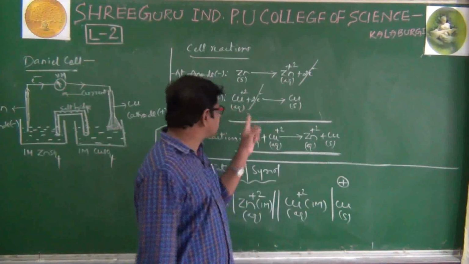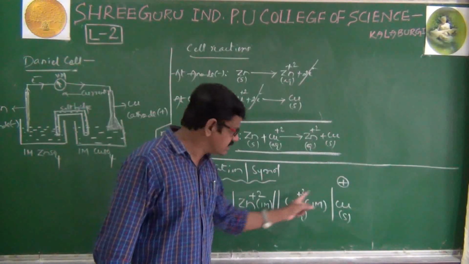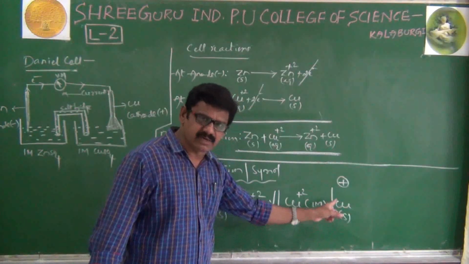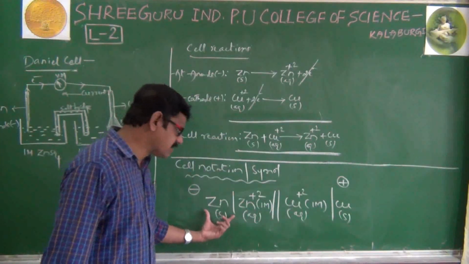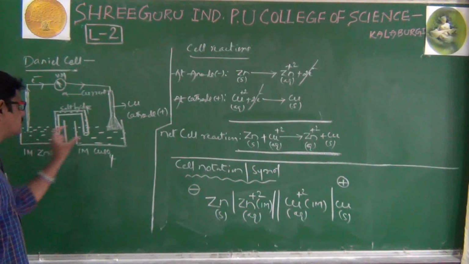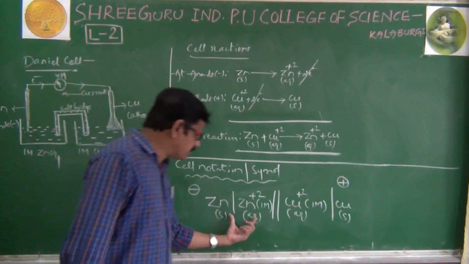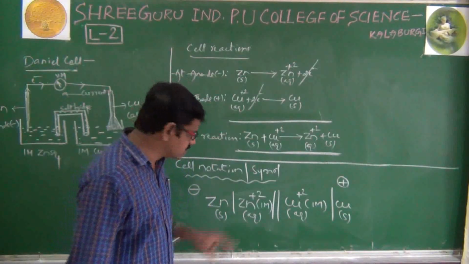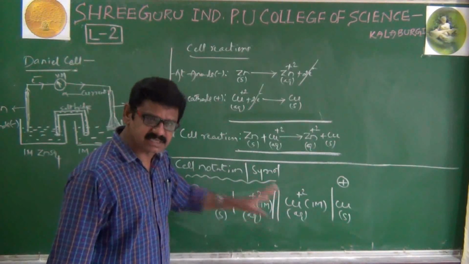Come here, the cathode. At the cathode what happens? Cu+2 converts to Cu. That's why first we write Cu+2, then we write Cu. Both Cu+2 and Cu should be separated by one single vertical line, and this is the representation of the cathode. And this is the representation of the anode, and this is the representation of the cathode. And you know that already in the Daniell cell, the anode and cathode are connected internally with the salt bridge. Here also the anode and cathode are both connected with the help of a salt bridge. It is represented by 2 vertical lines. Here 2 vertical lines represent the salt bridge symbol.